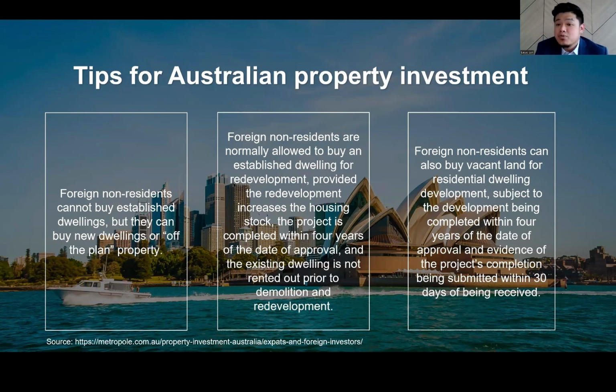So you do see more restrictions in the market. So these are some of the restrictions that you might want to take note of. And apart from that, when reselling, when exiting your investment, some properties you can only resell to local Australians. So that limits your reselling market. So when you want to invest in Australian property, do take pointers of these